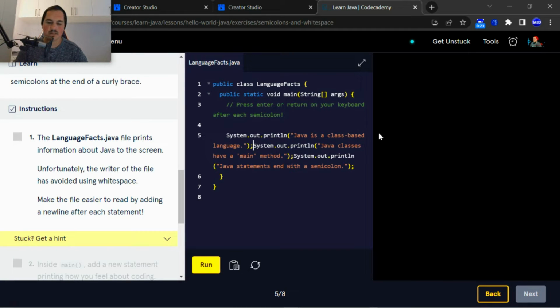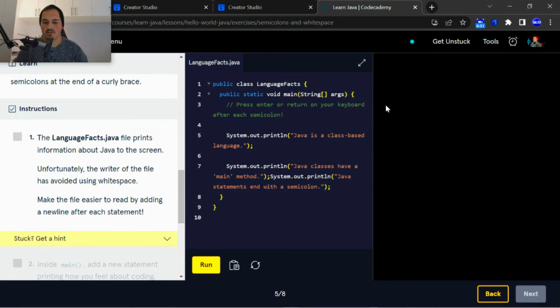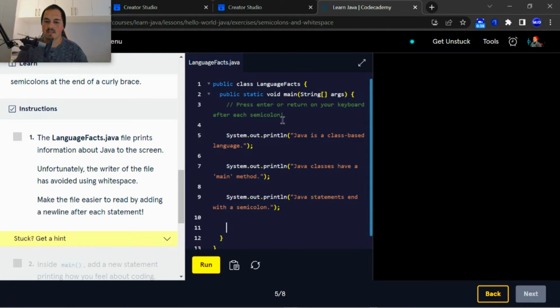Okay, as you can see, the code here is all clumped up together. Definitely not user friendly. You can't read this. It's not readable at all. I'm just gonna space it out. It's very important that your code is structured properly and that there's enough space in between your groups of code and functions and so on and so